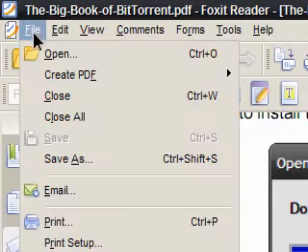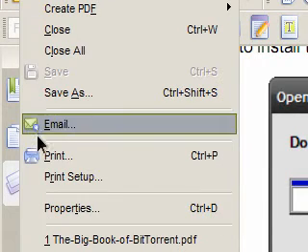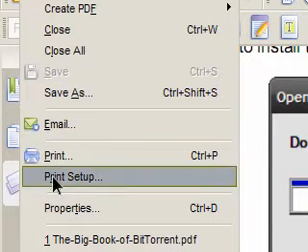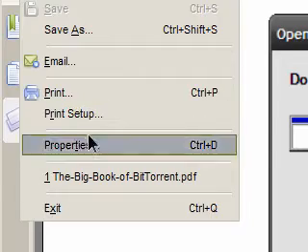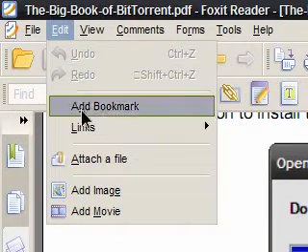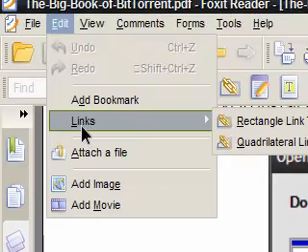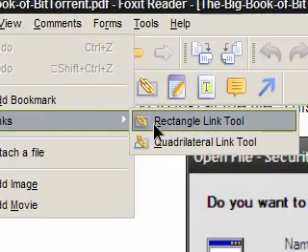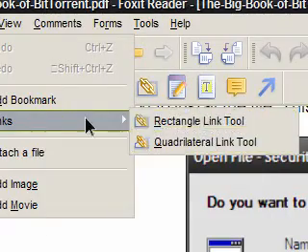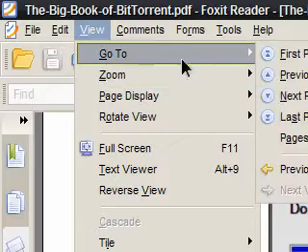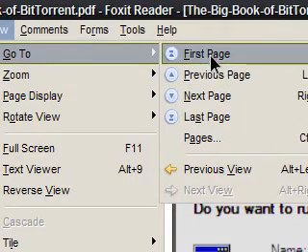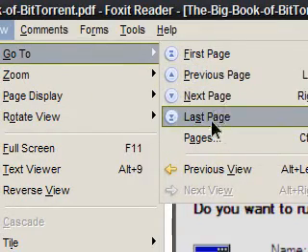I will not go through all of them because I don't have enough time to teach you all of the options, so you will have to understand by yourself. If you want to see comments, the comments section is here also, and here also. Then forms, export form data, JavaScript console.